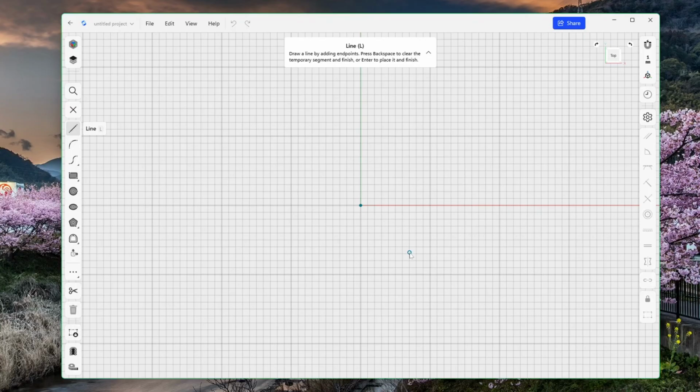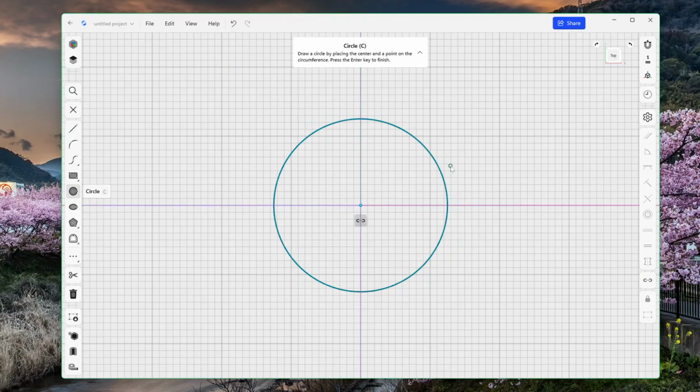To create our basic shape, we will start by selecting the Circle tool. Place the center of your circle wherever you want. I like to start in this origin point. As you can see, you can drag it out to the dimension you want, or type in whatever dimension you want to use. As you can now see, the dimension disappeared.